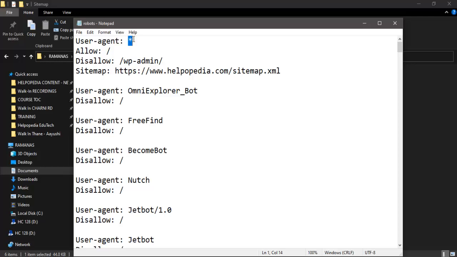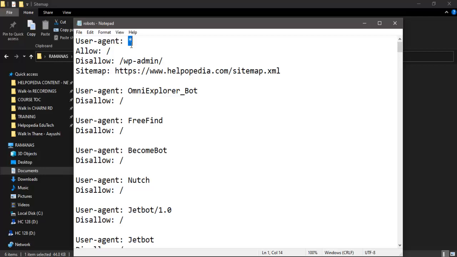Now over here I can manipulate my results in search engines, like say if I want my content to come up only on Google, then I will remove this star and write over here Googlebot. Then it does not apply to all search engines, because if Yahoo search engine bots come over here and they read this first line, then it reads that okay, user agent Googlebot, so it says that okay, over here this content is not for us, so they will go away directly from this website and they will go to another website.